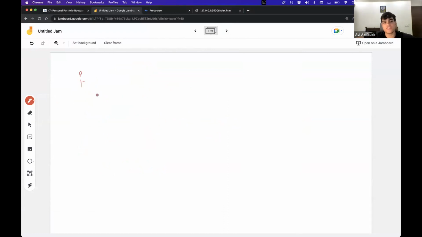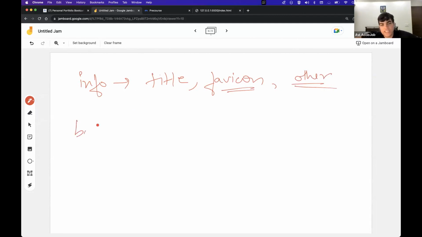It contains information, and that information is nothing but the title. It is the fav icon. The icon is called the fav icon, guys. This icon is what we call a fav icon, right? And other info. Right now, I will not tell you more. And the body,